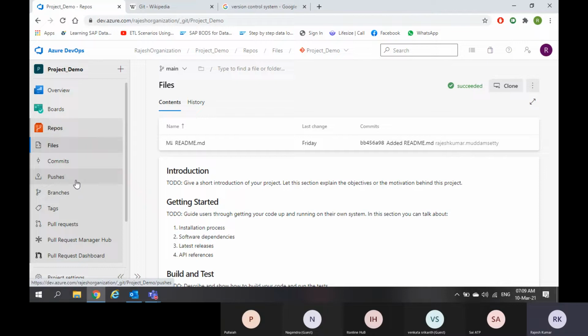So this is called centralized VCS, centralized version control system. That means even though there are 10 developers writing their code, they need to write the source code in the code server only. They need to log into the code server, write there, and once they are done, log out.